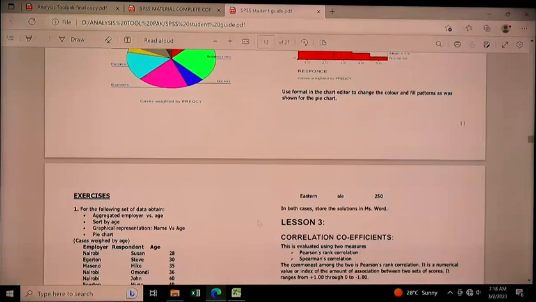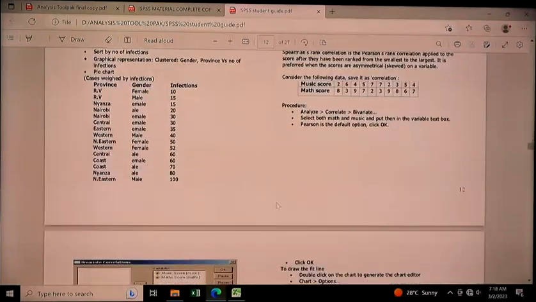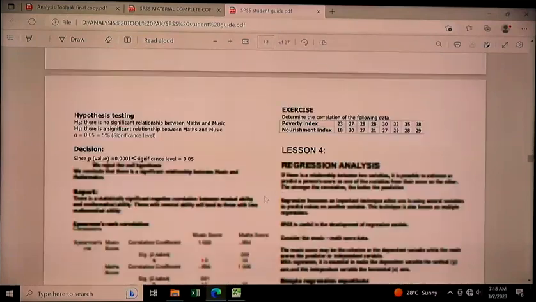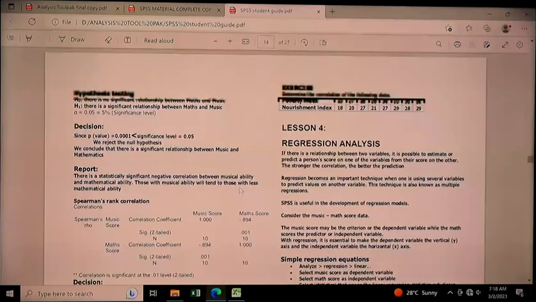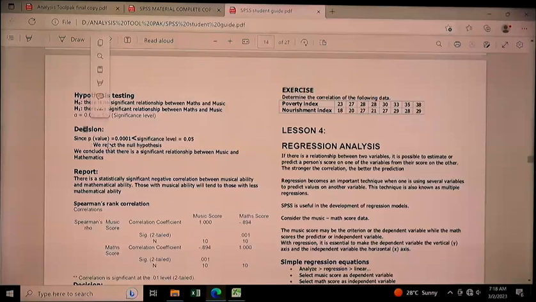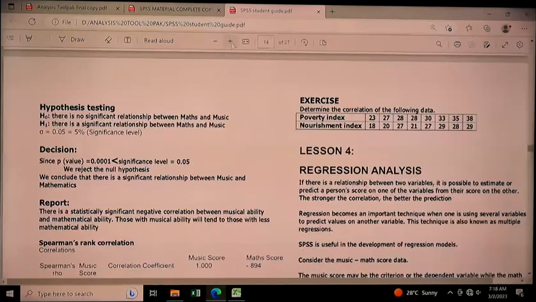After you run any analysis, there is that part of deciding the conclusion, making a decision. And making a decision here means that you have to decide